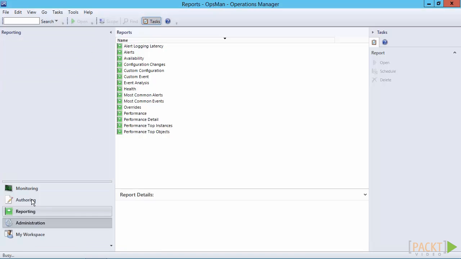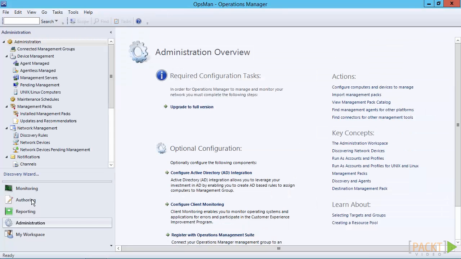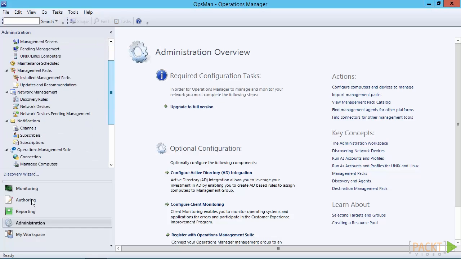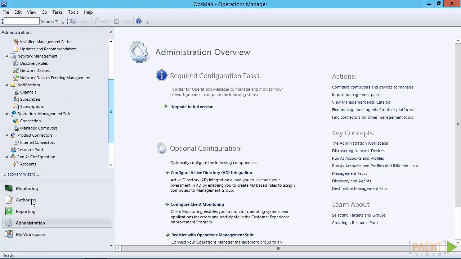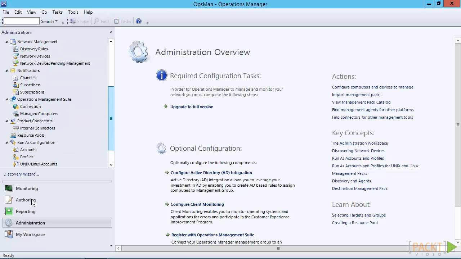The administration workspace is used to manage network devices and agents. You can import and delete management packs. You can create notifications. You can configure your discoveries, configure internal connectors to other products, manage your run as accounts,